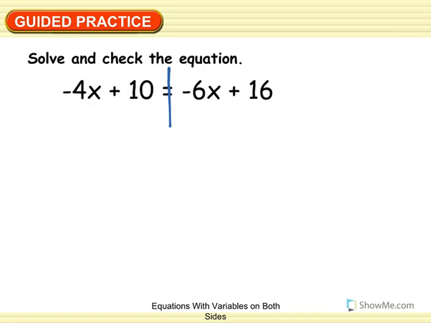Now, my general guideline is, if you have the choice, now it's not going to be true for the first 2 that we did, but if you have a typical variables on both sides equation like this, where we've got variables and constants on both sides, eliminate the smallest variable term first, as in the one with the smallest coefficient, because that will ensure that our final 2-step equation has a positive coefficient, so I'll explain. I've got negative 4x and negative 6x. Now, negative 6 is smaller than negative 4, so I'm going to eliminate negative 6x by adding positive 6x on